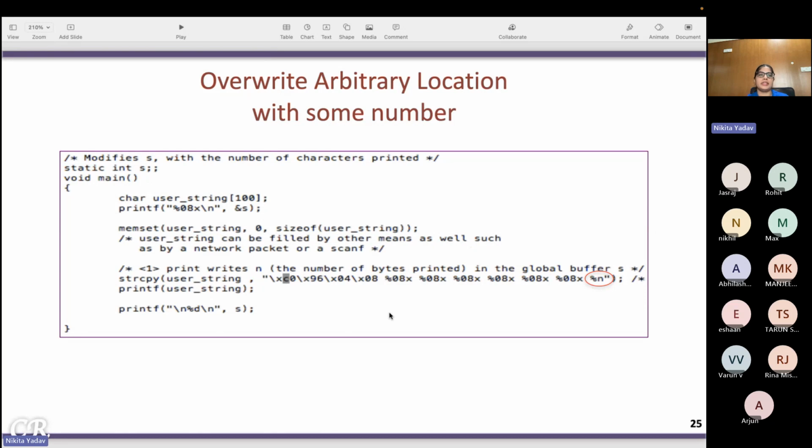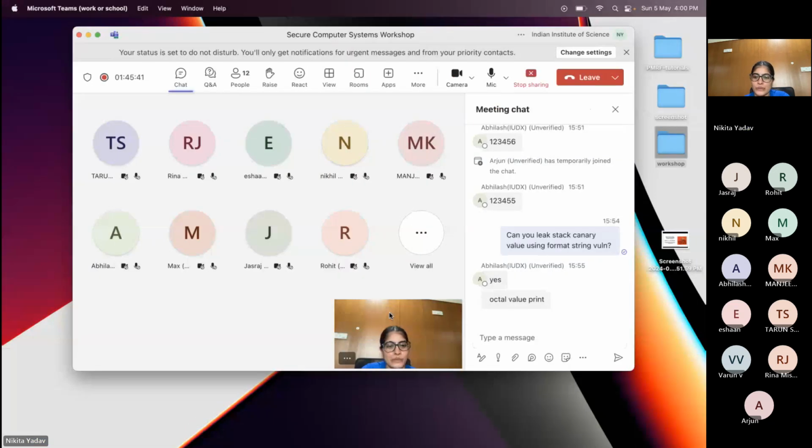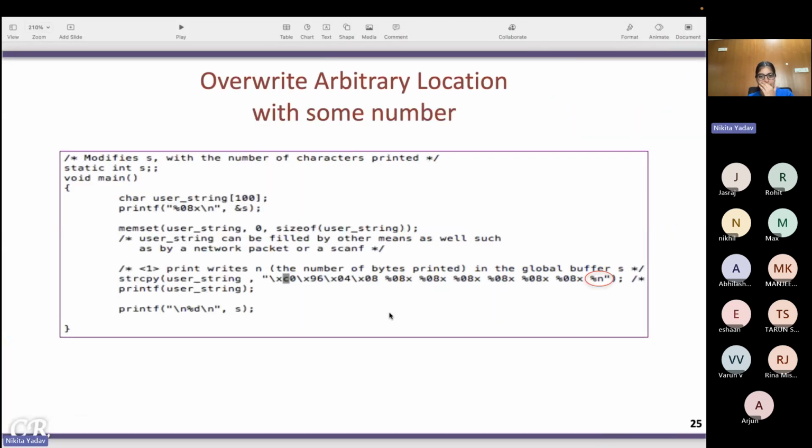So what does a percentage, if you would have used it in your C programs, or if you have seen it, what does percentage n d or percentage n x do? Octal value. Okay. I'm not very sure. Do you mean similar to hexadecimal? Then you're printing the values in an octal value print, in some particular